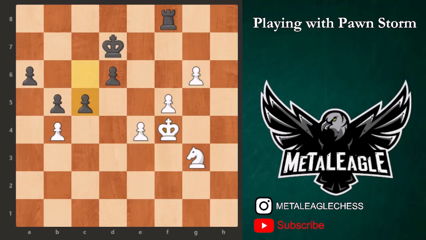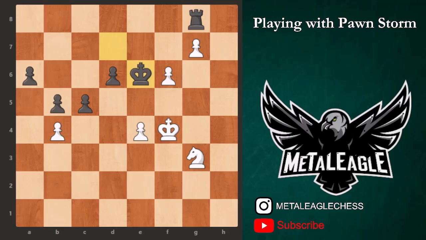c5. Now black tries counterplay here. After the moves c5, g7, attacking the rook again. Rook to g8, f6, now defending the pawn, and also king e6 to guard this f7 square. King to g5,